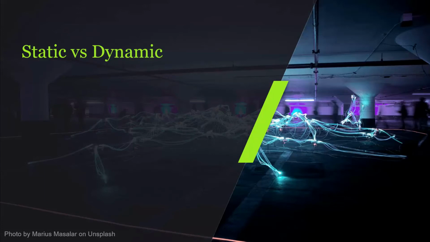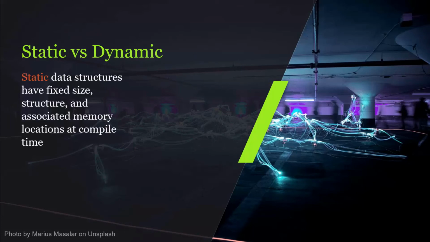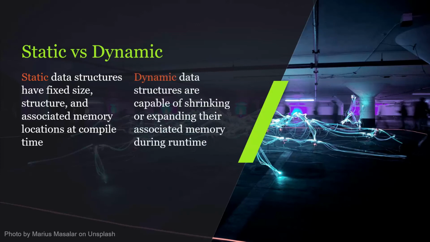Another important property that data structures can have is static versus dynamic. Static data structures have a fixed size or a fixed structure that has an associated memory location that typically is defined at compile time. Whereas dynamic data structures are capable of changing their structure, shrinking or expanding their associated memory. So the basic examples here are an array. A basic array would be a static data structure, but a dynamic array or a vector would be a dynamic